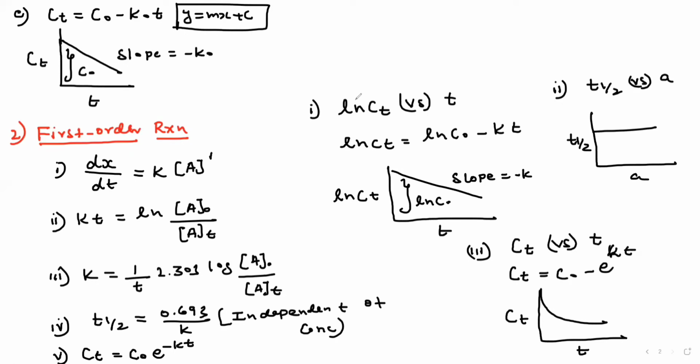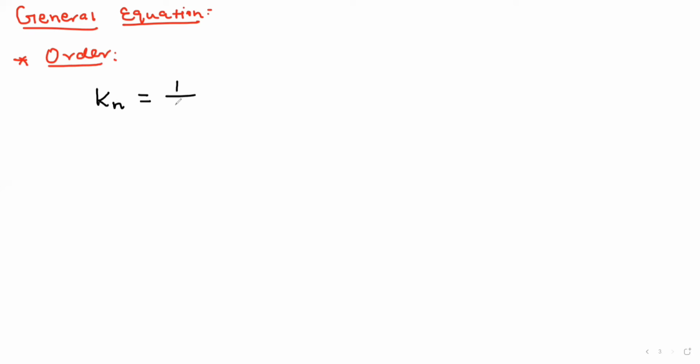From the exam point of view, the zero order and first order are very important. And for the second and third order, I'm going to give the general equation. So based on the general equation, we can derive the second and third order reactions. Next slide, a very important slide, that represents the general equation. Please note, very, very important. First, I'm going to discuss the general equation for order. What is the formula? Please note. The Kn, n means order, K means rate constant, equals 1 by n minus 1, close the bracket, and t and 1 by At.